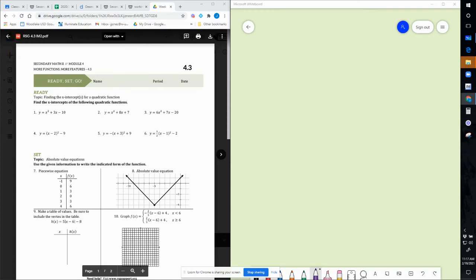What's going on, guys? Today I want to do a quick video, hopefully. Ready, set, go 4.3. So we're just going to extend our thinking on piecewise functions and absolute value functions and